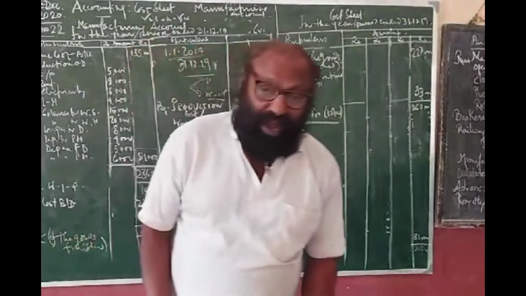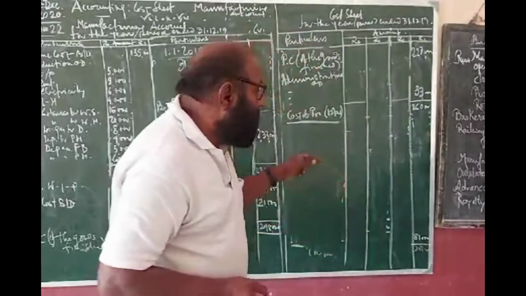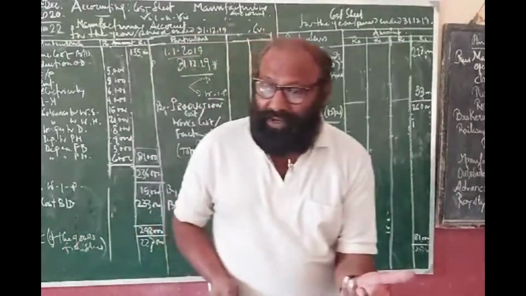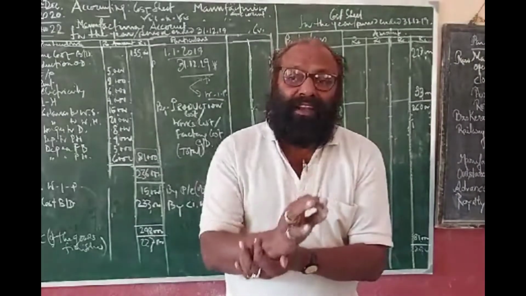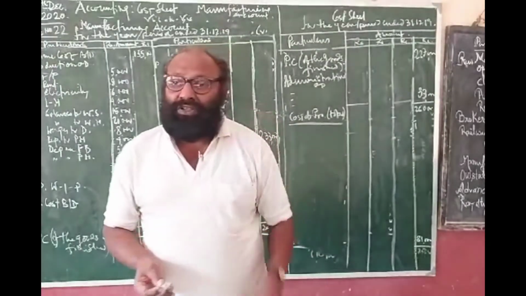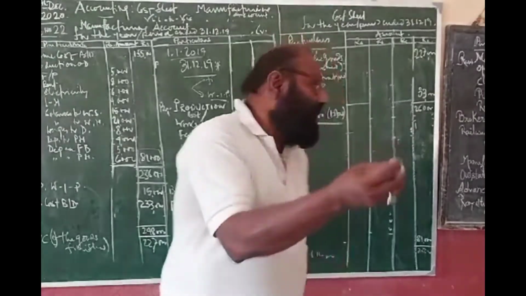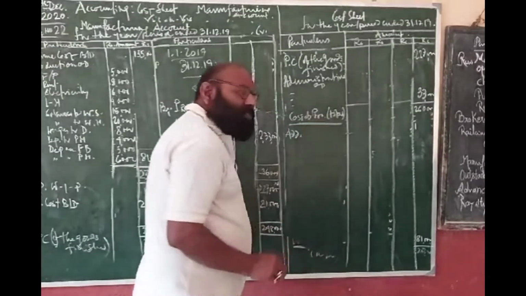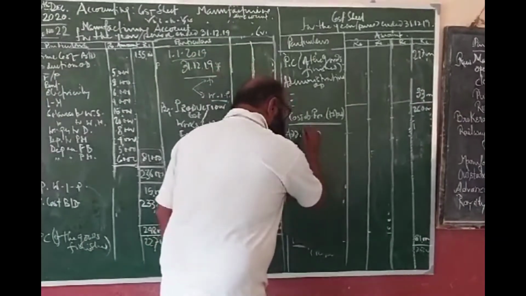Now, what is our objective? Our objective is to find out the cost of goods sold. Are you sure that the total goods which have been produced this year have been sold out? It is certainly not. Generally, a part of the goods remain unsold. So there is some stock of finished goods at the end of the year, and again there must be some opening stock at the initial part, the inaugural day of the year.